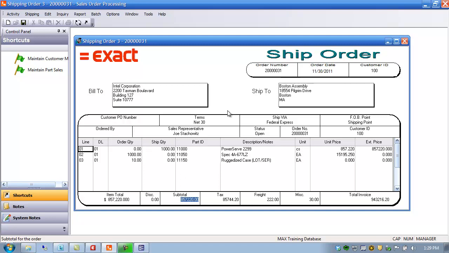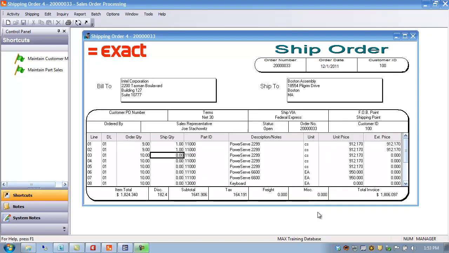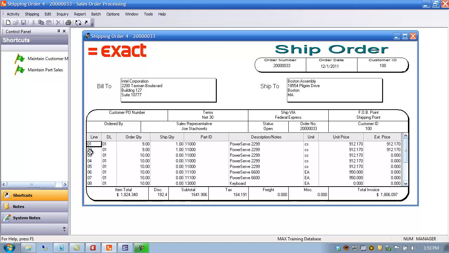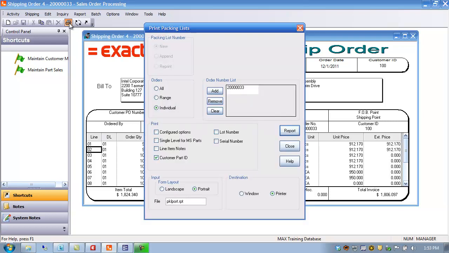Okay, now once you've done your shipment, the next action you're going to want to do is print a packing list. So let's have a look at that. Okay, well we've opened a different order here that has several lines on it, and we've shipped a couple items, the first 2 lines. Now doing that action activates this print icon here, which accesses the print packing list dialog box. So you can go to the printer, you can go to the window, you can set some options here,